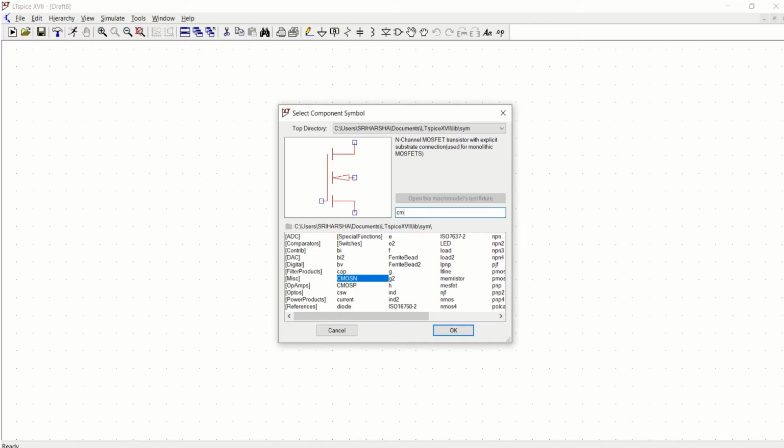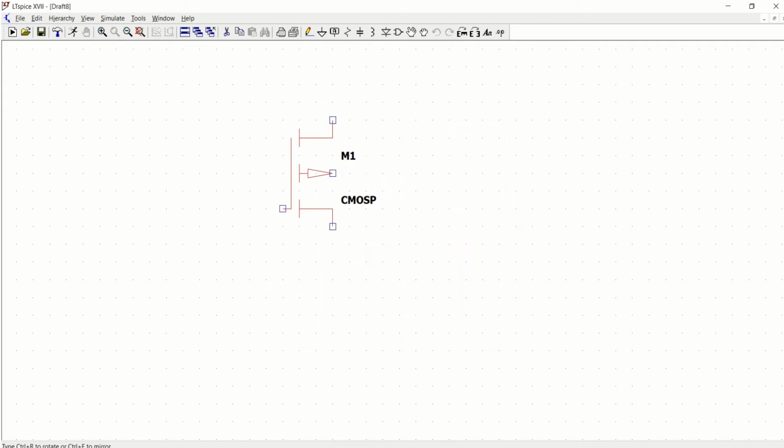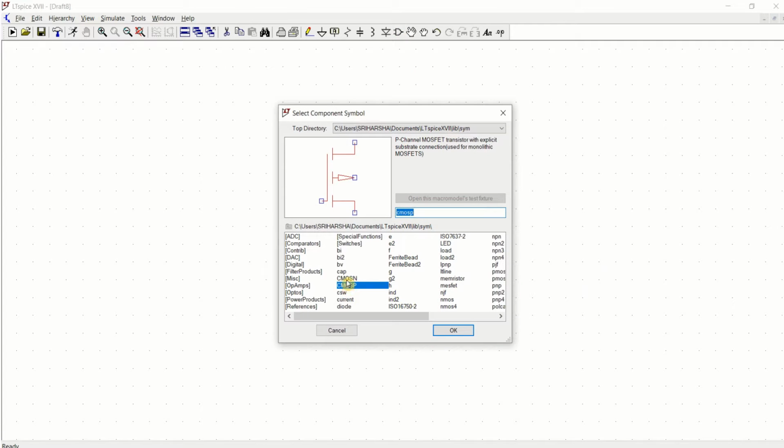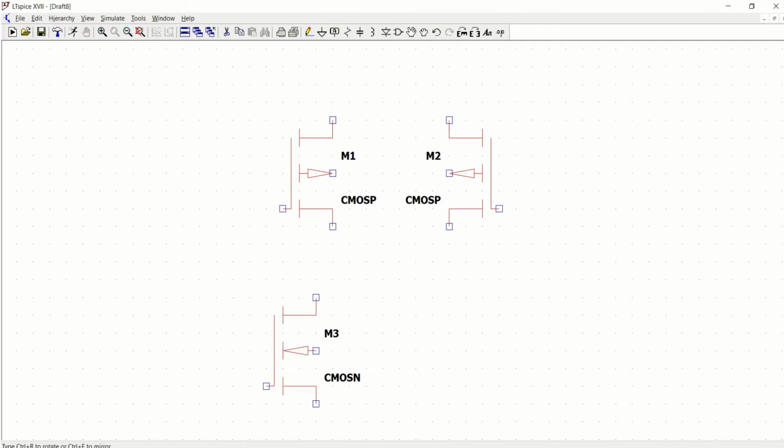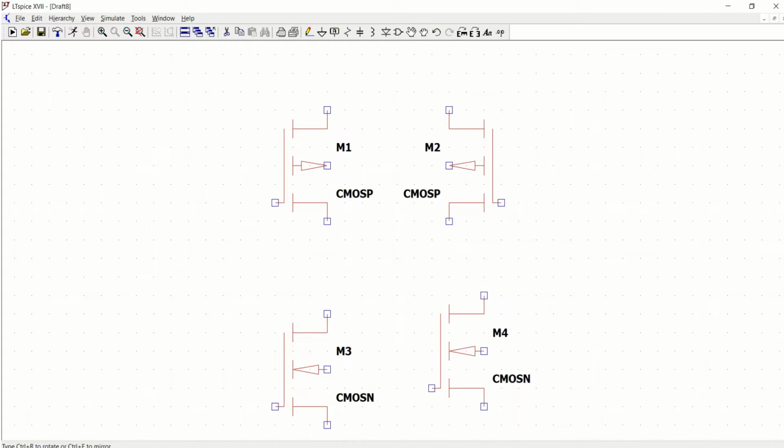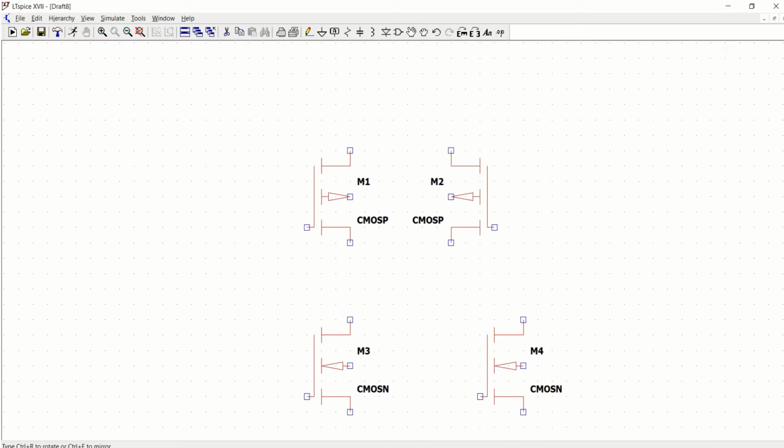So use the CMOS P, place it and use Control E for rotation. In a similar manner, place the NMOS. Use Control E for rotation.